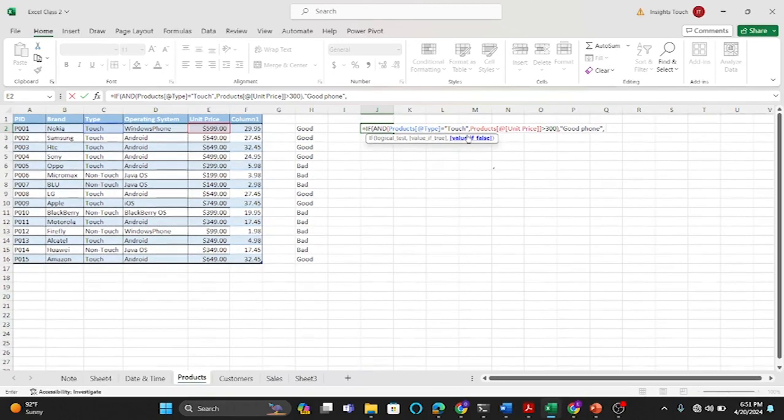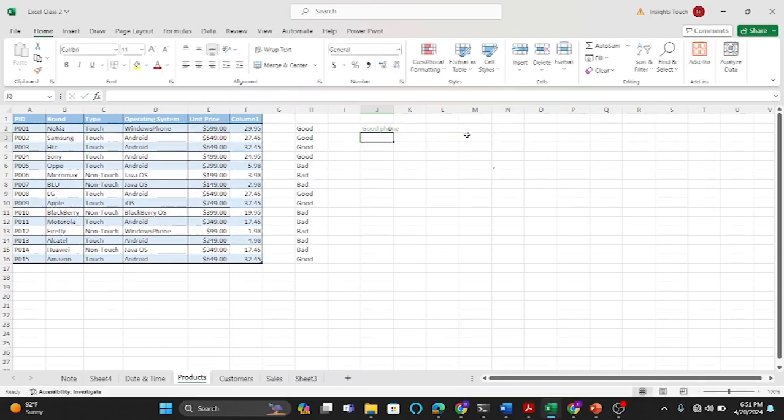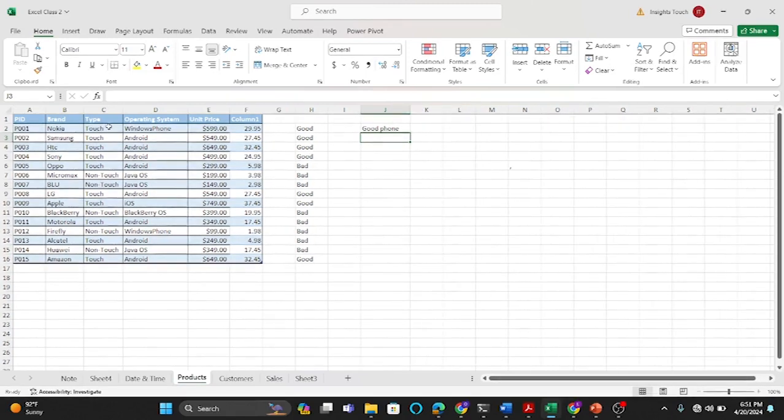Else return, that is if the condition is false, also in quotes, bad phone. So that's that one. You can see it's returning good phone because it's a touch and the price is greater than 300. So if I drag it down,